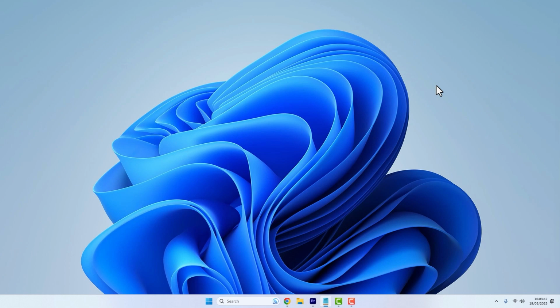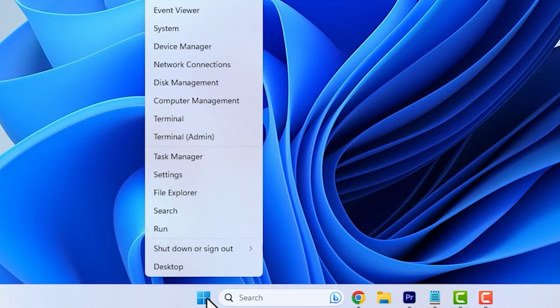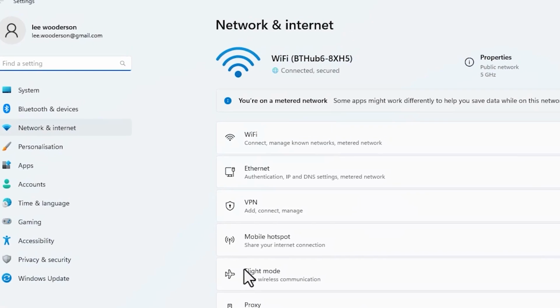So while not on by default, it's definitely worth checking to make sure the metered connection is not unintentionally on, as this will try to control and reduce your network throughput. People use this metered feature when they have a set contract amount of data with their providers to avoid additional charges. So to check this, you would right click on the Windows icon, left click on Network Connections, go